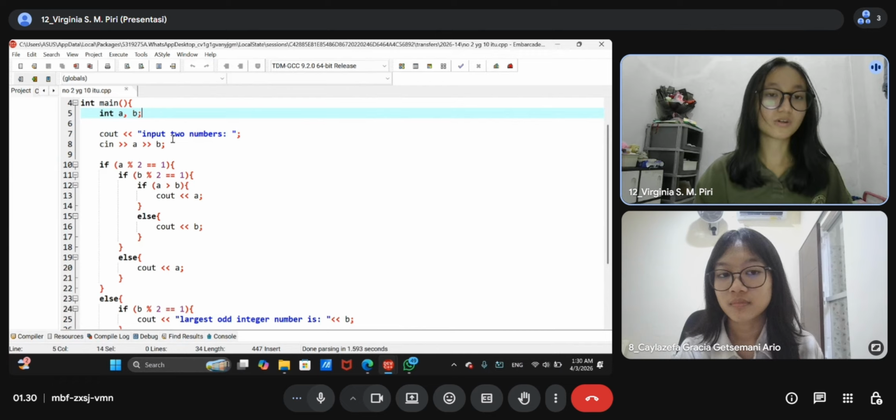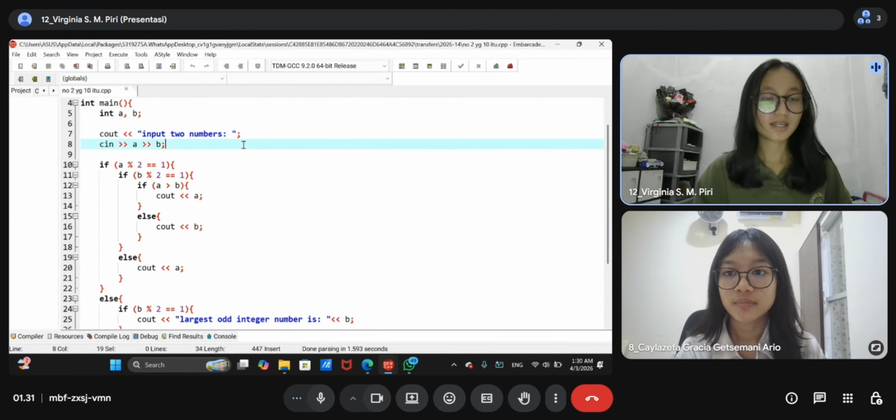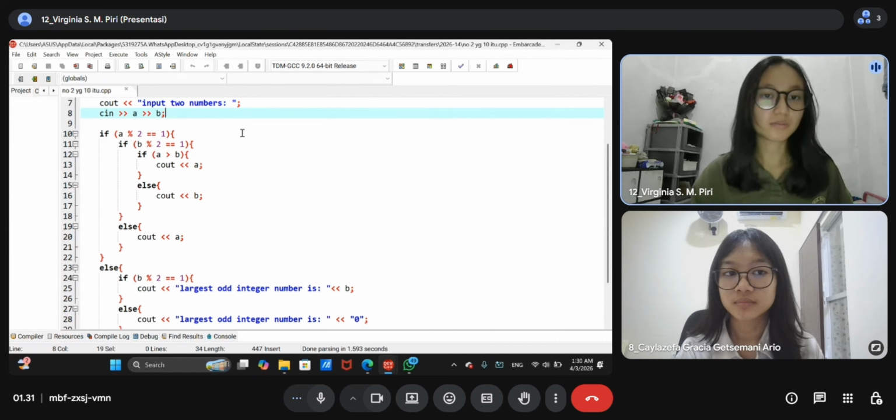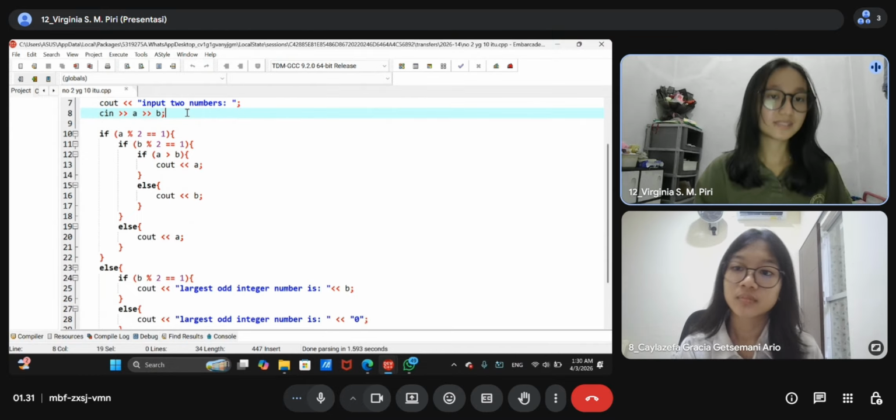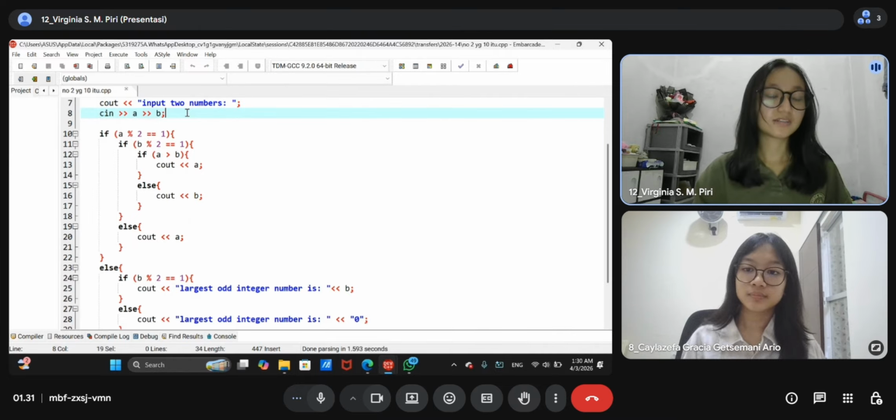This is the word that we want to show to the user, and then those numbers will be in A and B. That's why we use cin, because we receive two numbers.